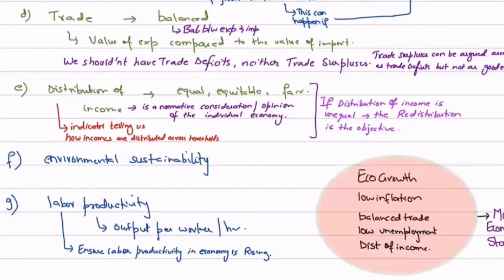For example, in Pakistan, we see there's a significant gap between the rich and the poor. इसको क्या बोलते हैं? What is the economic term that is used? Relative poverty. What is relative poverty? Anyone? Relative poverty is an indicator of the distribution of income. This is a comparison of poverty between the rich and the poor, because the bigger the gap between the rich and the poor, the bigger the relative poverty, right?